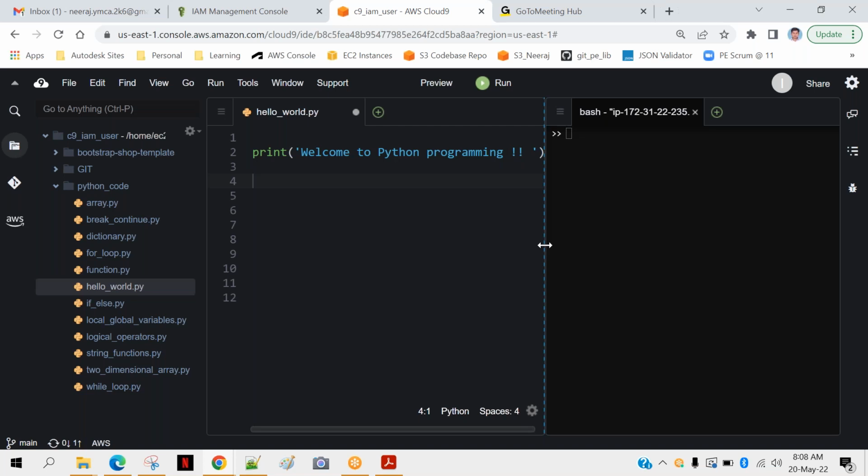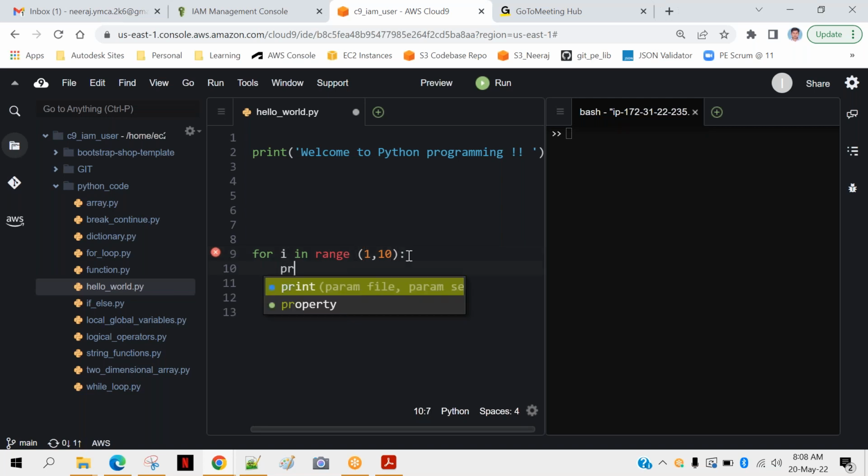So we will take one for loop, and what I will do is for i in range, I will give 1 comma 10. And what I want is I want to print i.